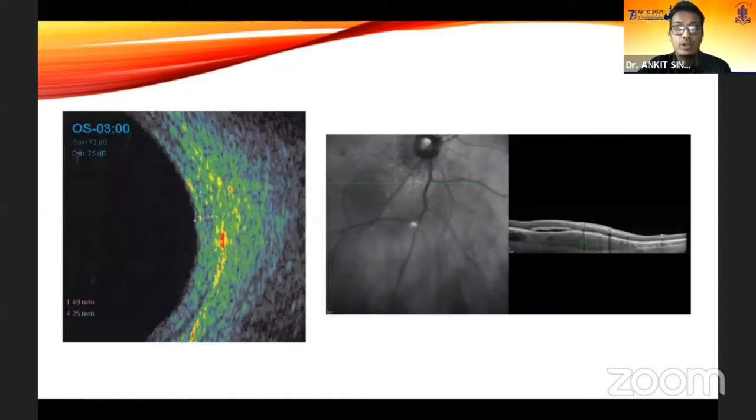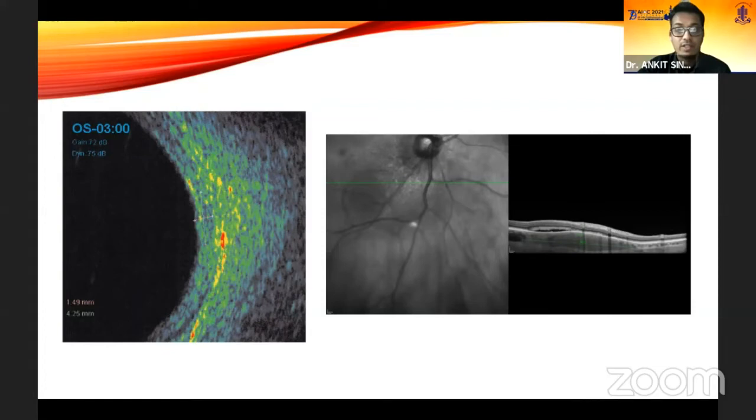The third aspect is thickness more than 2 millimeters. Ultrasound B scan is a great tool to measure thickness. On the left side, you can see that this is a very flat lesion. When we do an OCT scan over the same lesion, we see that the tumor is well delineated and there is a small fluid pocket over it. Note the granular irregularities on the inner retina. These are dysmorphic photoreceptors suggestive of chronicity of the fluid.